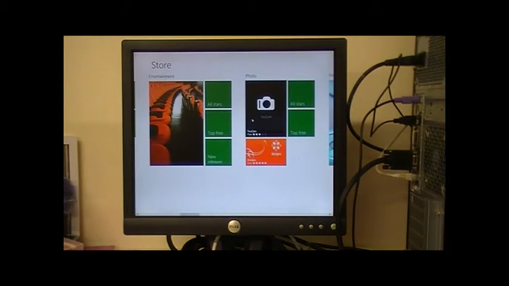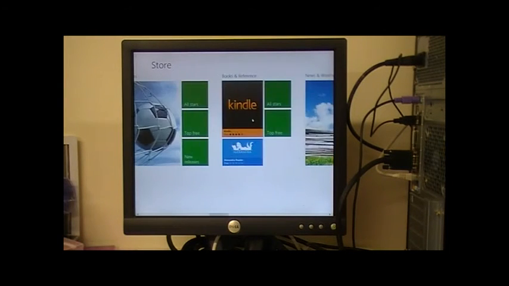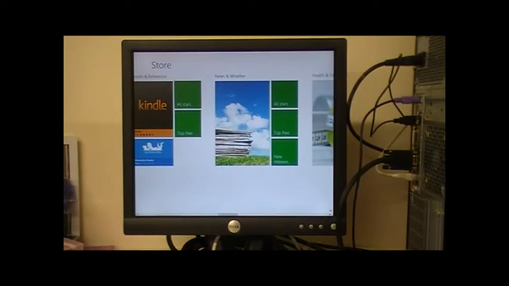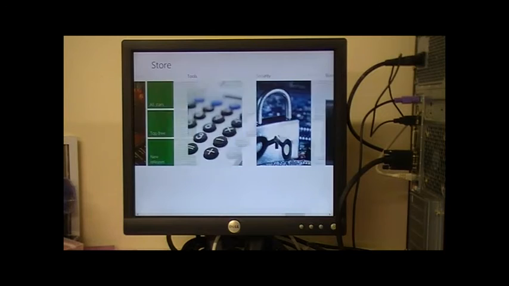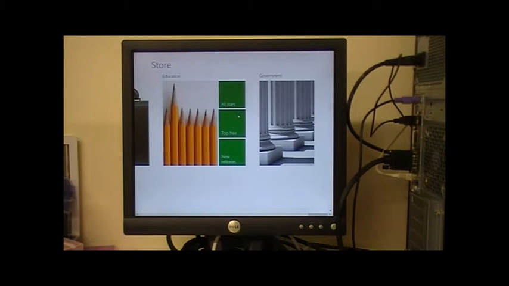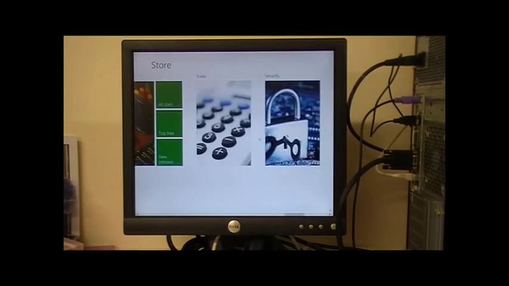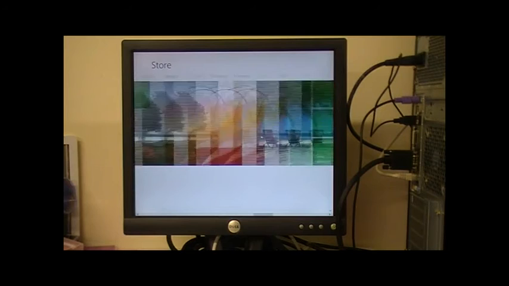Twitter, social media, entertainment, photos, music, sports, books, Kindles on there. Health and fitness, food, dining, lots and lots of categories. So it looks like it's trying to sort of compete against the Apple store,